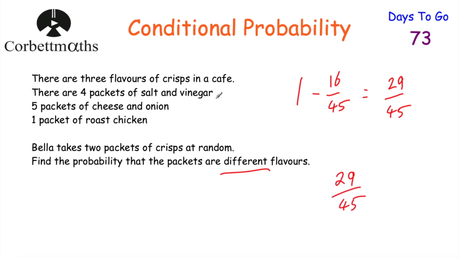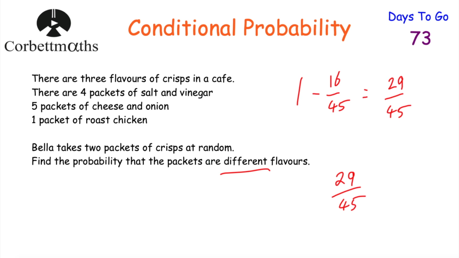And that's it. So if I was given this question, which said that Bella was taking 2 packets of crisps at random from this shelf, and we were asked to find the probability that the packets are different flavours, rather than doing salt and vinegar and then cheese and onion, salt and vinegar and roast chicken, cheese and onion and salt and vinegar, cheese and onion and roast chicken, and so on, what I would do is I probably would just find the probability that the packets of crisps